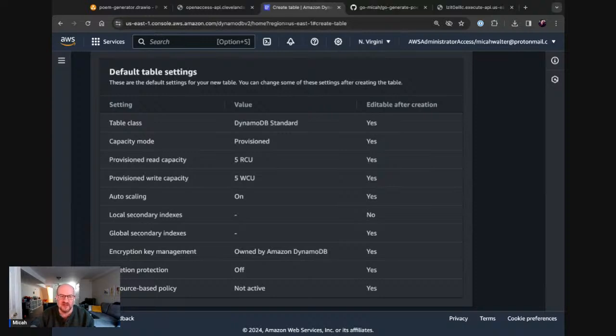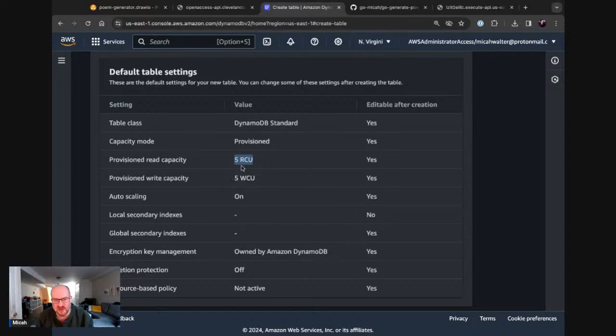It'll scale things up and down depending on the load attached to it. Or you can use provisioned read and write capacity. If you have an idea of what your load is going to look like in production or something like that, and you can measure this, you can put in values that you think you'll nominally be around, and it's a little bit less expensive to do it that way.